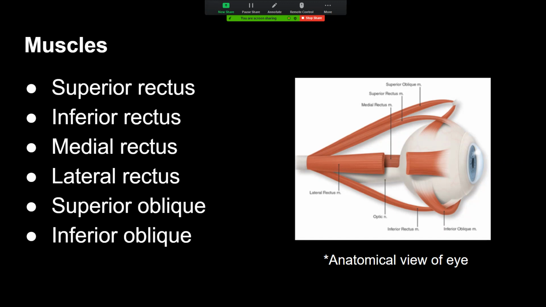The medial rectus is a muscle attached to the side of the eyeball nearest to the nose. So when I am looking to the right, the eyeball on my left side is being utilized, the medial rectus of the muscle of the eye. And then for the lateral rectus, it's opposite in how the muscle is located on the outside near the temple. And when I am looking to the left, the muscle on my right eyeball is being initiated.